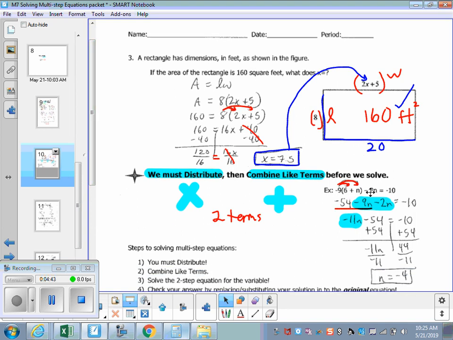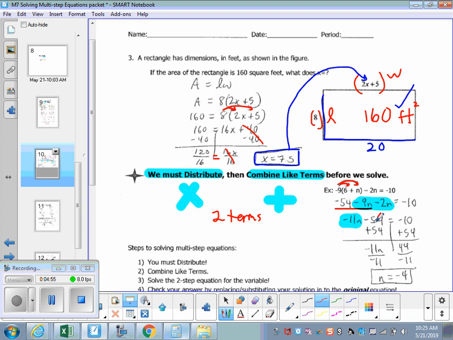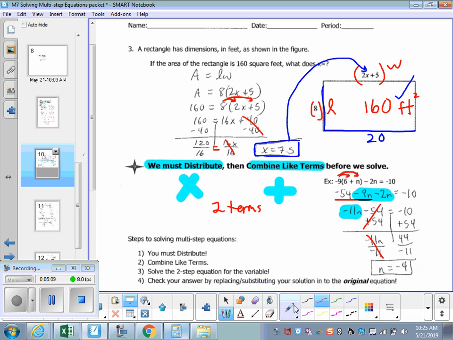Now, folks, we have simplified this expression to just our 2 terms. And now we are ready to drop the line and solve. You're going to subtract the 54 on both sides, and that cancels out. And we're going to add 54 on both sides for this to cancel out. And negative 10 plus 54 is 44. Now, since my coefficient is this negative 11, we're going to divide both sides by negative 11, and n here equals